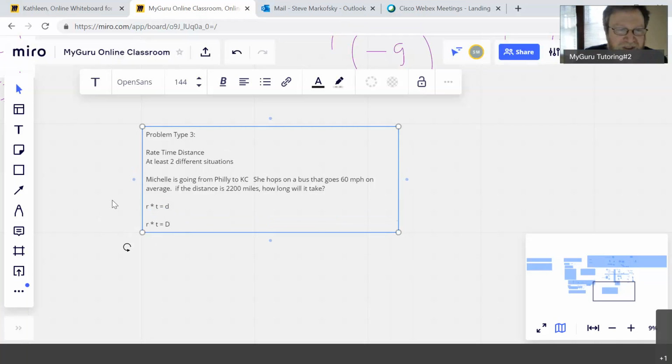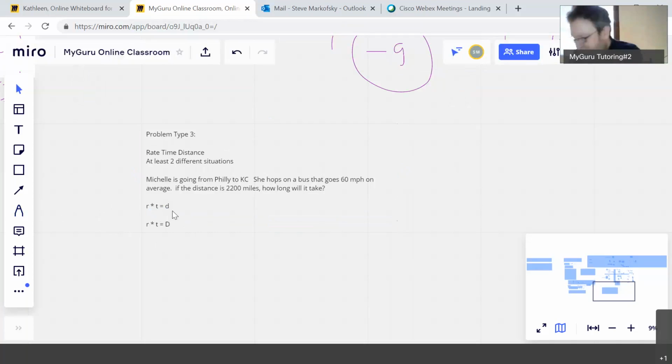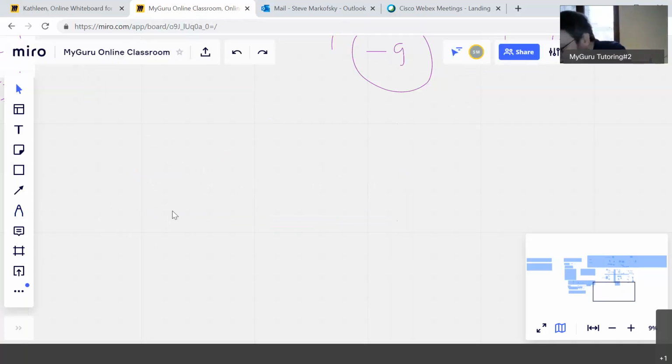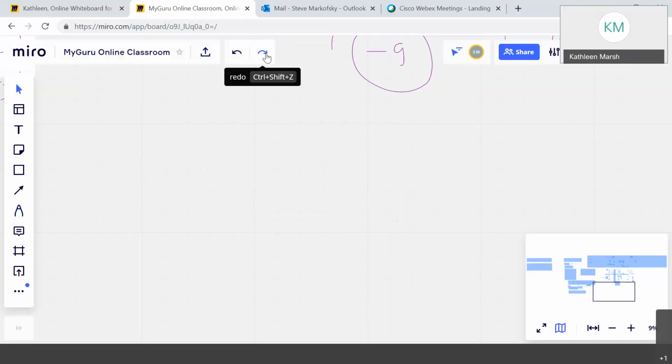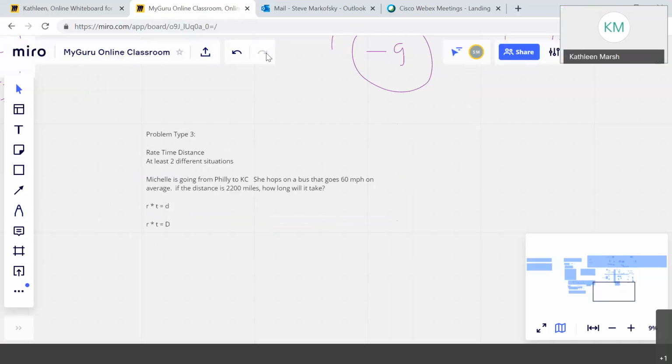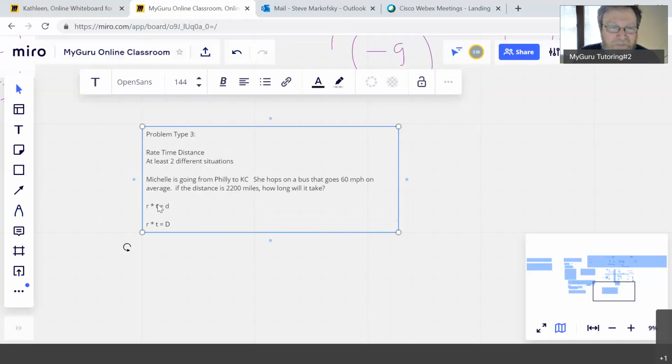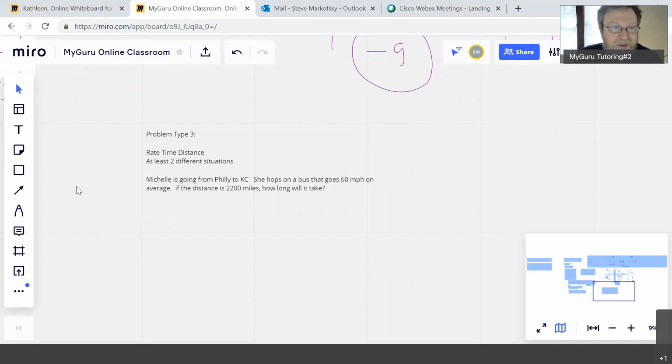Actually, let's do it this way. Oops. Not sure if there's an undo here. Oh well, I can try. Let's see. Redo. Oh, there it is. Good. Okay. So